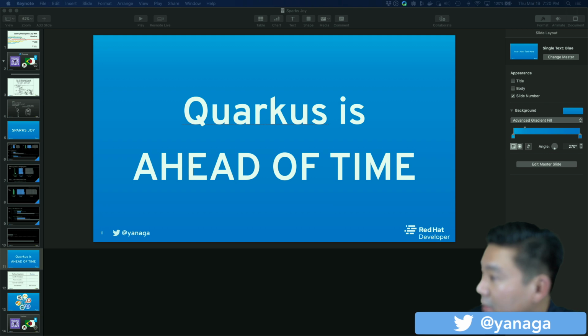Here, are endpoint actuators like health and metrics endpoints built in, or do you need to bring separate dependencies? Well, we have extensions for health checks and metrics. You just need to add a Quarkus extension and it's automatically enabled. So yes, you need a dependency, but you don't need to do more than that.